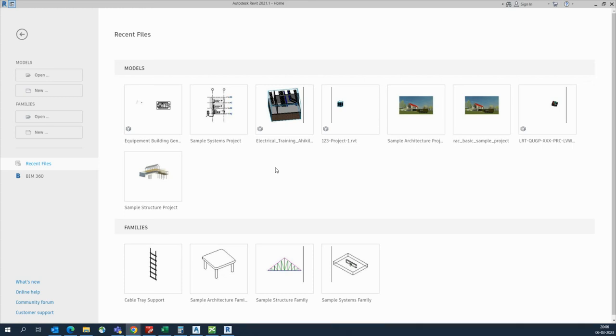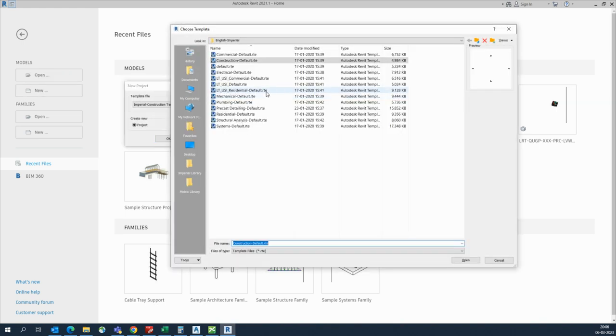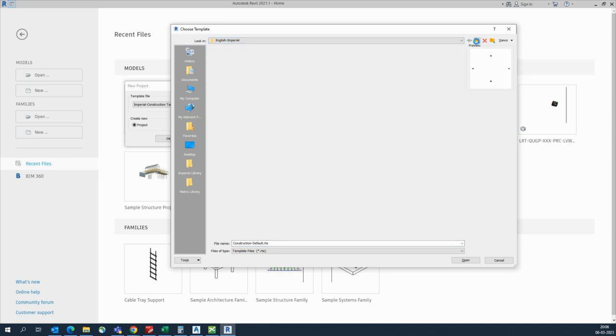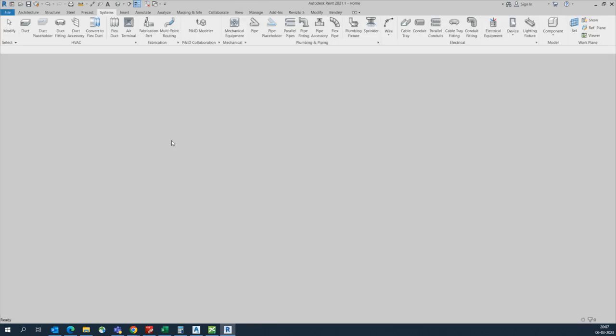Today I'm showing how to do pipe in Revit. So first of all, we need one template. So I'm clicking on new and browse it from here. So this is an imperial template. So I need English and a metric template. So I'm just going to the English. Then you will get a system default metric template. Okay, then click OK. So it was opening the plumbing, mechanical, or all the mechanical systems included in the system